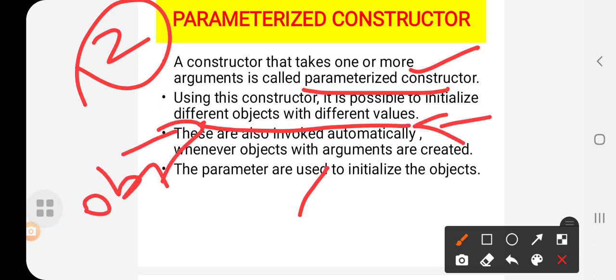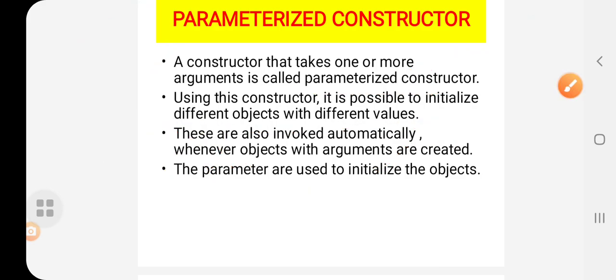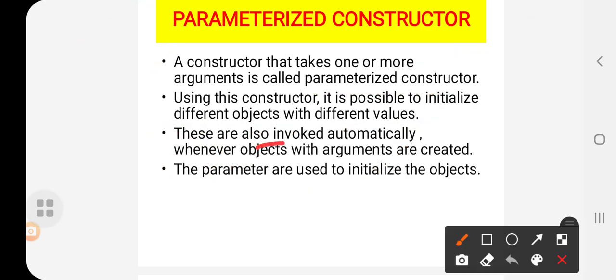These constructors are invoked automatically whenever objects with arguments are created. Of course, the parameters are used to initialize the objects. Yes, this is the definition of a constructor itself, is it right students?